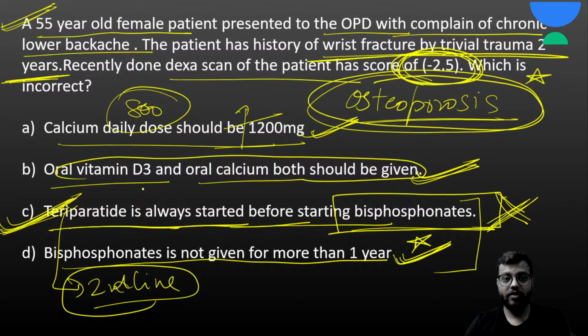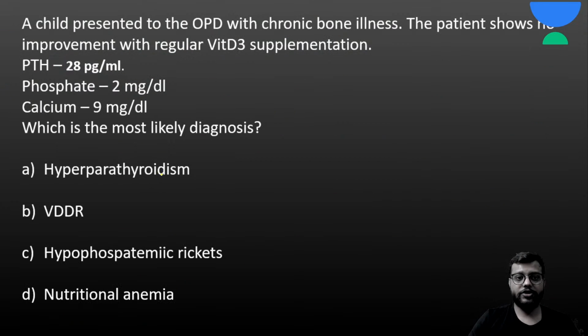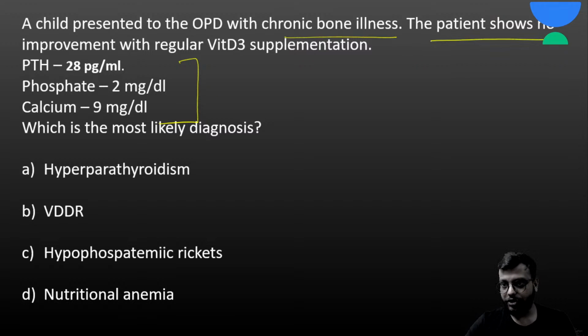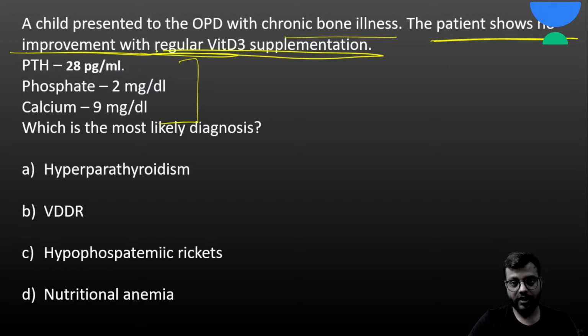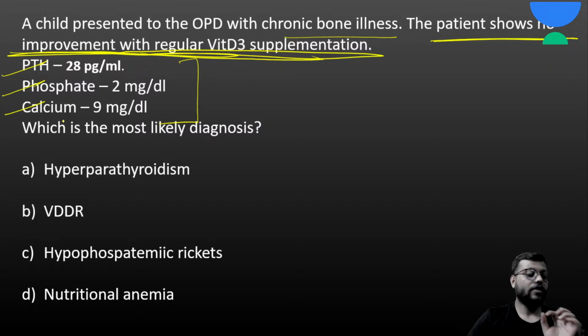Now, another question was there in which a history was given with some serum values of the following things. A child presented to the OPD with chronic bone illness, and the patient, this was a very important thing given in it, that the patient shows no improvement with regular vitamin D3 supplementation, and parathormone, phosphate and calcium serum values